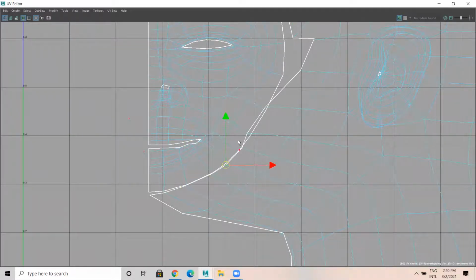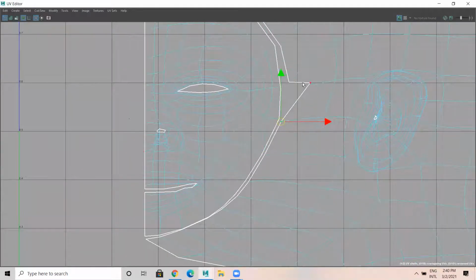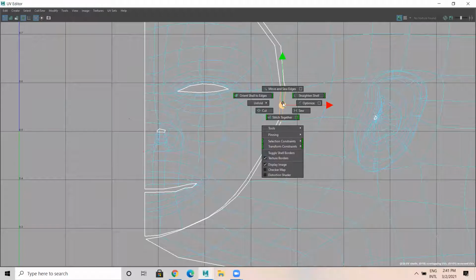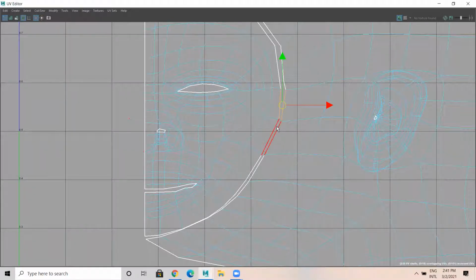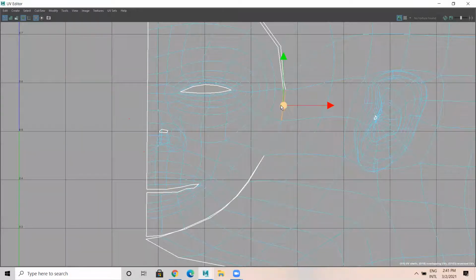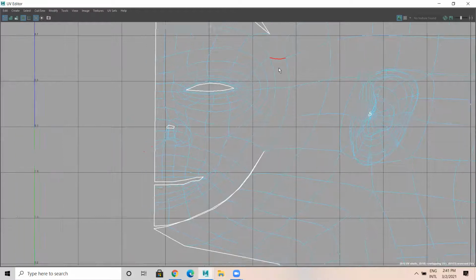I need to place this properly here. So we are going to do sew stitching. Okay. Yes. So select the edge here. So shift right click. You can sew, move or sew edges. So repeat last tool.